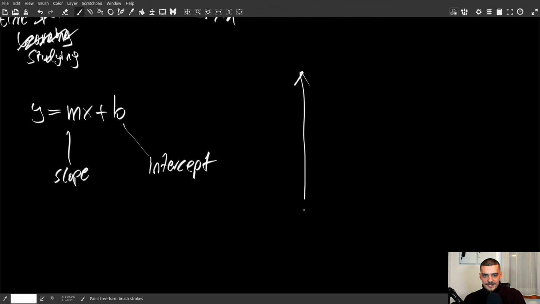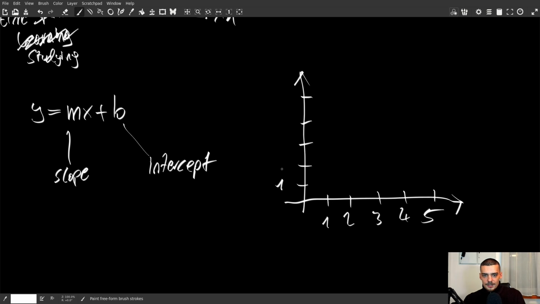So if I have a basic coordinate system again, and I say here we have 1, 2, 3, 4, 5 on the x-axis, and then also on the y-axis 1, 2, 3, 4, 5, then I can say any line can be described in some way. If I have, for example, a line that goes through these points, like this, for example. Actually, this is not a line because the coordinate system is not drawn perfectly, but theoretically it would be a